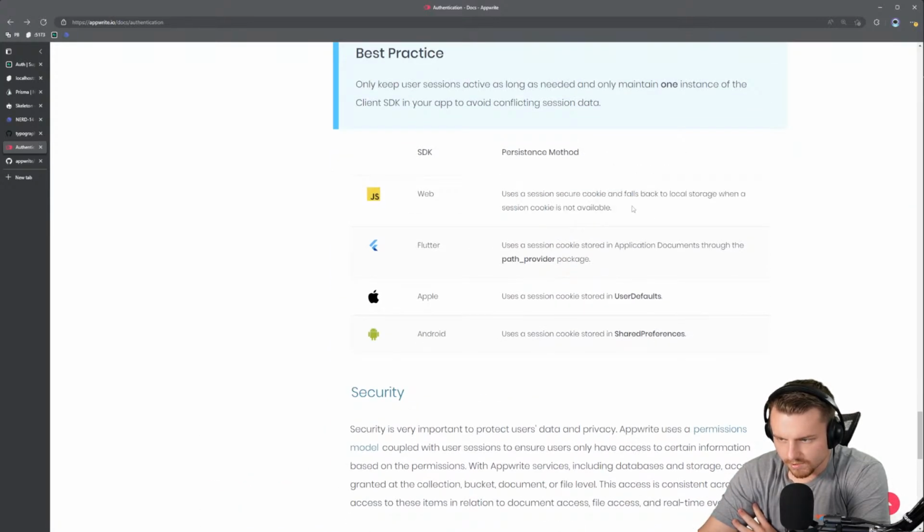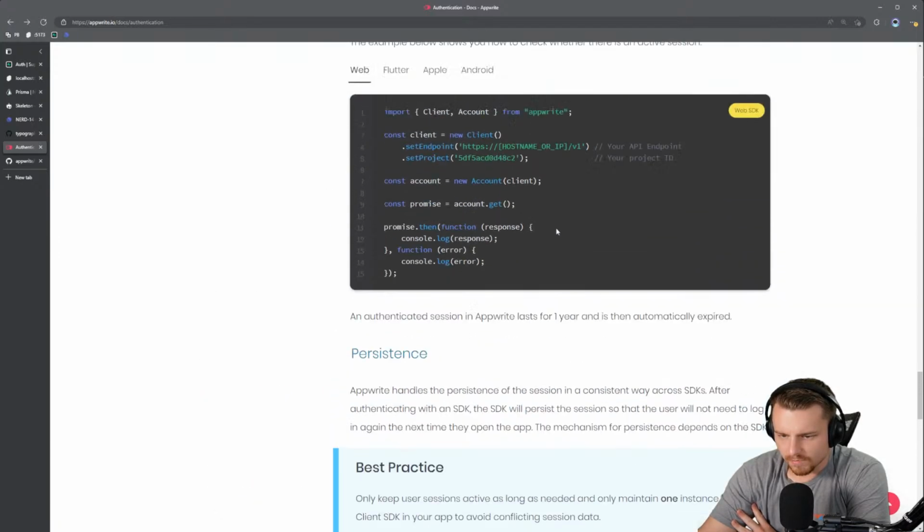Yep, use the session secure cookie and fall back to local storage when the session cookie is not available. Yeah, so really,